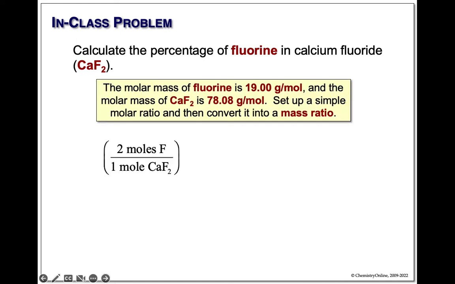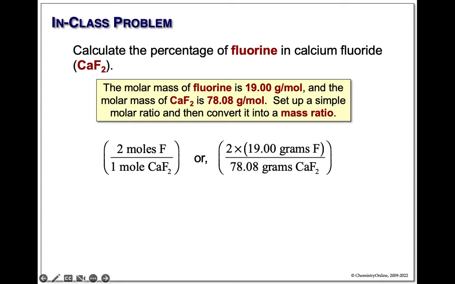Now we look at our periodic table. Fluorine is 19. We calculate the molar mass of CaF2 and it's 78. Therefore, we have 2 fluorines at 19 each, 1 calcium fluoride at 78. 2 at 19 each,